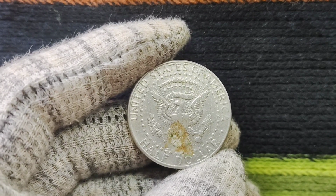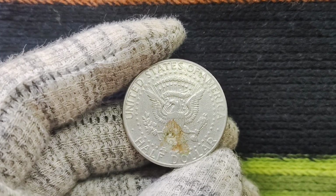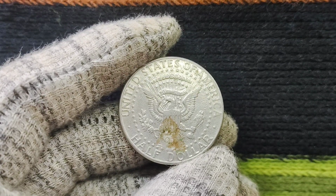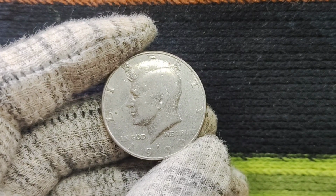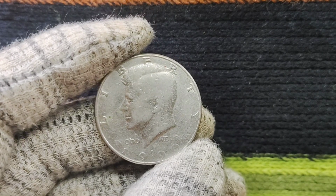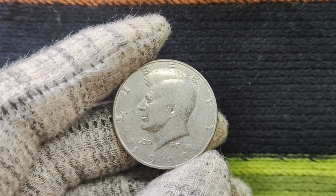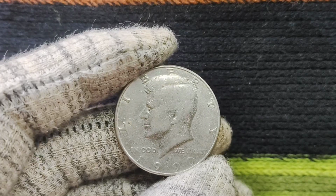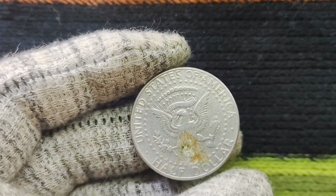A very small batch of these coins was struck with a unique minting mistake, one that makes them far rarer than the millions of standard Kennedy half-dollars from the same year. It's important to note that the 1990 Mint Mark Kennedy half-dollar, in its regular form, is not rare at all. It's the error version that collectors go crazy for. These coins can have a misaligned die, a double die, or even a missing mint mark, which makes them particularly